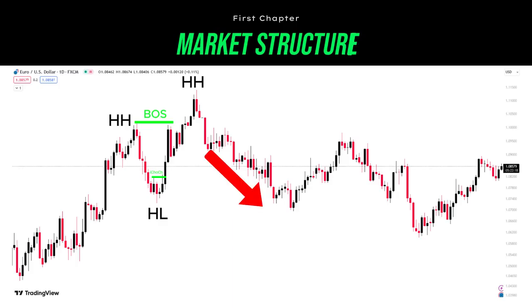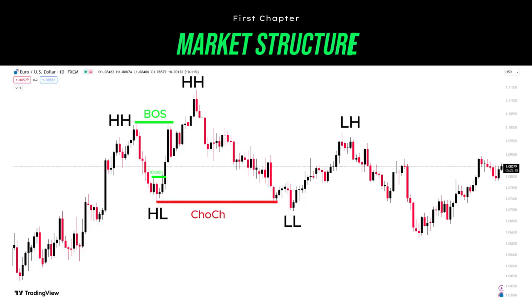Then we have another pullback, but it breaks the last higher low, which marks a new high time frame lower low, and this is a high time frame change of character. Pay attention and see how price action behaves similarly, like we have explained on the line presentations. So we got the first indication of a market reversal by the uptrend breaking the last low. Remember what we have mentioned before, that the reversal confirmation happens only once the price pulls back to the upside,